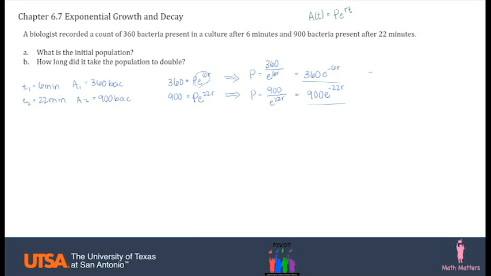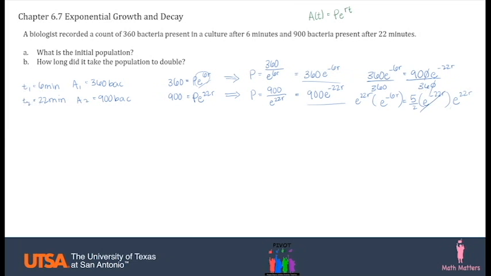So we have 360 e to the negative 6r equals 900 e to the negative 22r. And there are many ways to solve this, but what we can do is divide both sides by 360. So then we get e to the negative 6r equals this 900 over 360, which can be simplified to 5 over 2, and then times e to the negative 22r. And then if we divide both sides by e to the negative 22r, or another way to say that would be multiply both sides by e to the 22r,